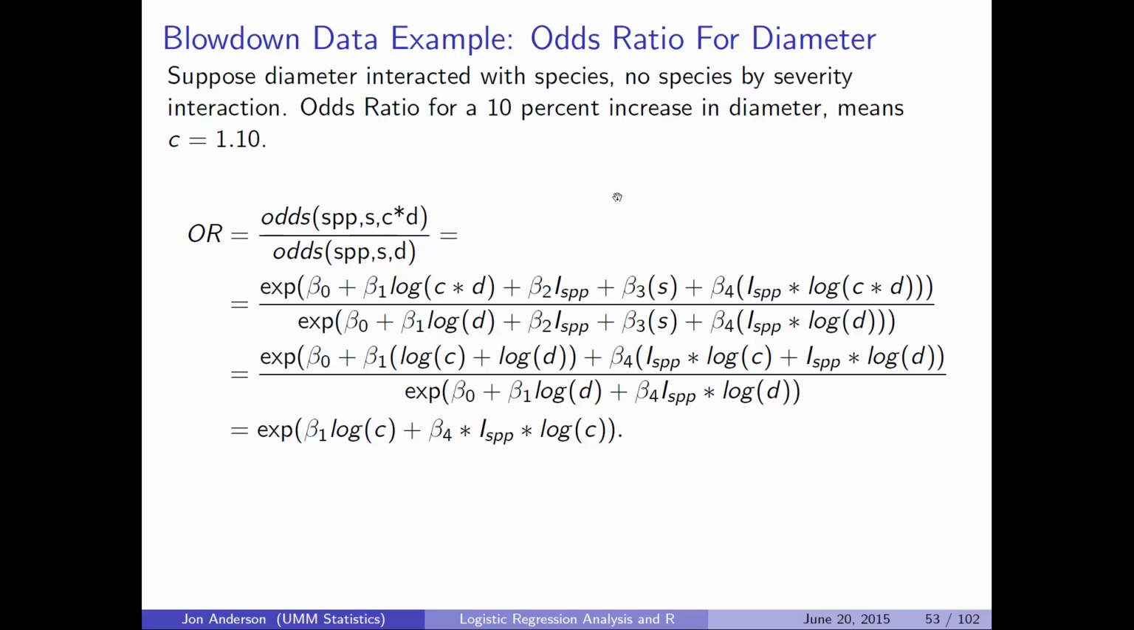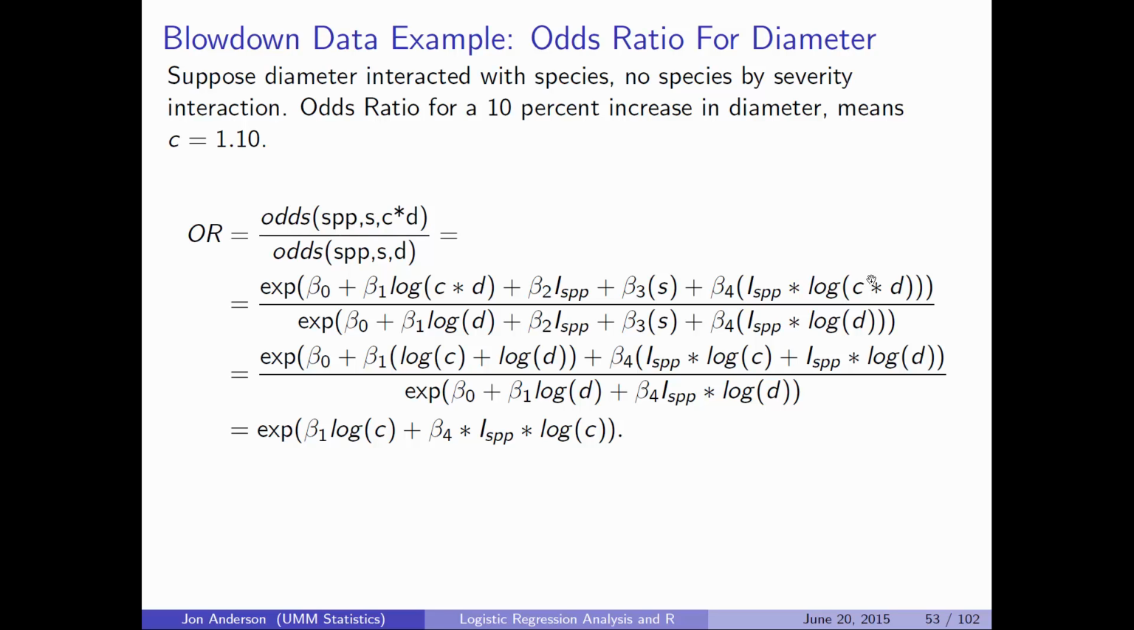Let's take a look at dealing with a 10% increase in diameter. If diameter interacted with species, what would we do in that case? Well, we would have a model then where we'd have diameter, we'd have species, we'd have severity, and in this particular model I'm going to let species interact with diameter,